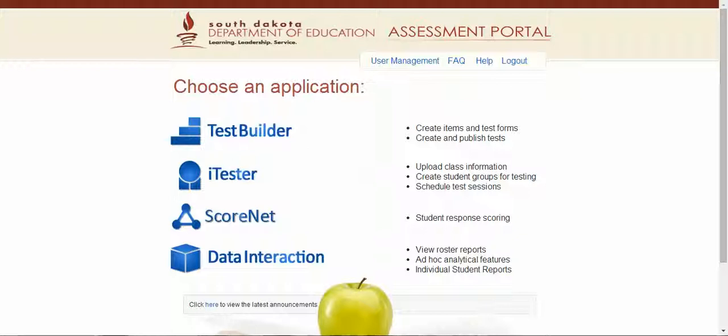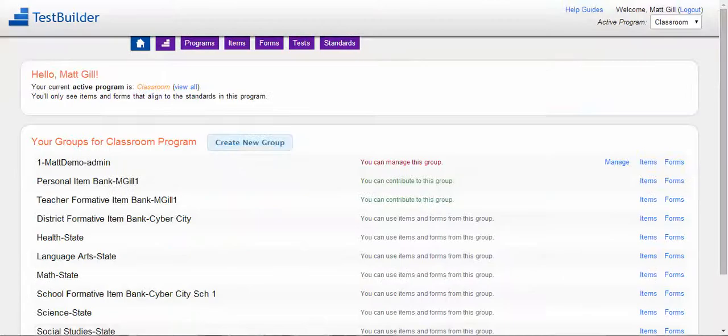This video will focus on step 2, create a form and attach it to a test. And more specifically, we will take a look at how to create a form. So first step is to click on Test Builder. And just to let you know, this is where most of your time will be spent, in creating a